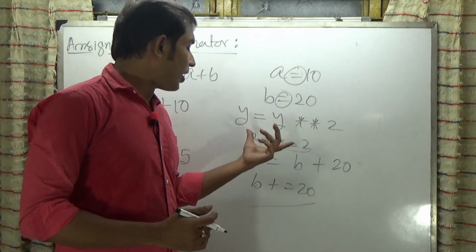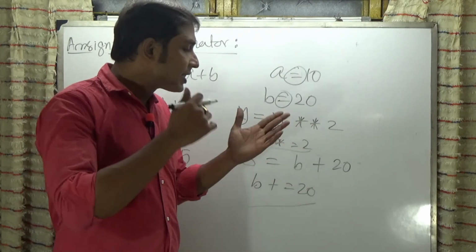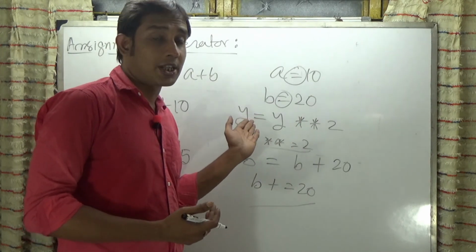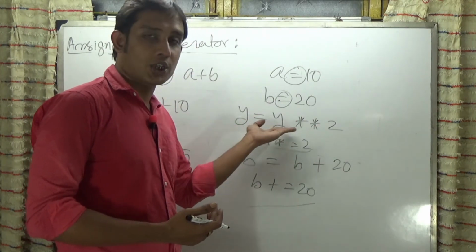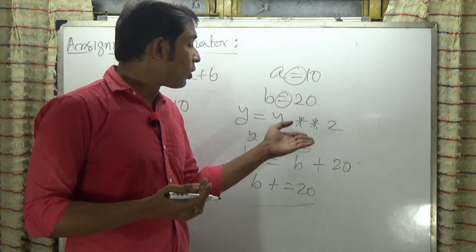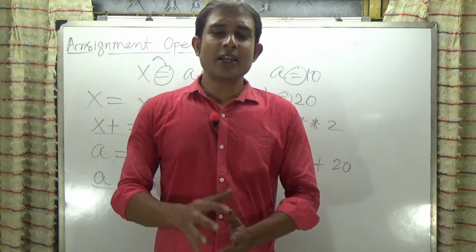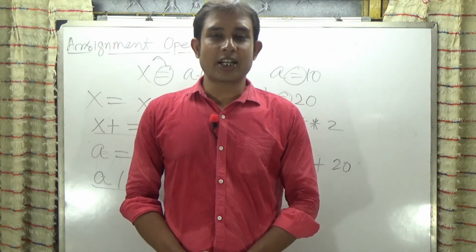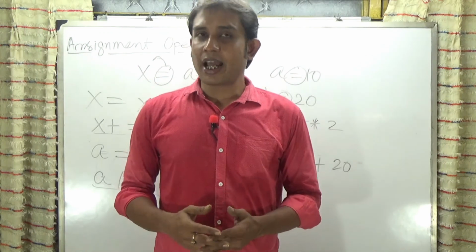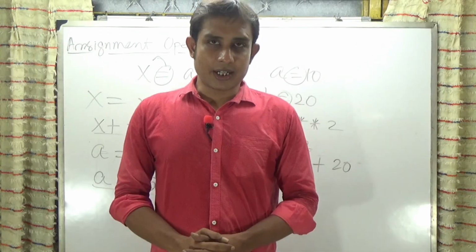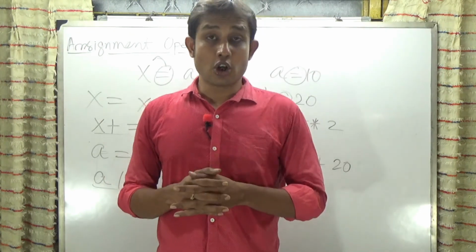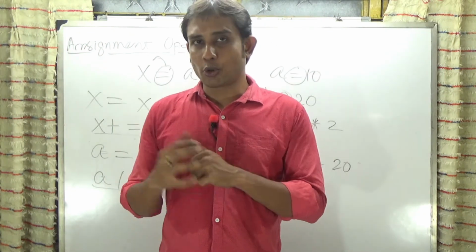If I write this augmented form, it is similar to the simple expression written in this portion, both are the same. So we can write it in this form and also in this form. Today in this video I explained two different types of operators in the Python programming language: one is the arithmetic operator and the other is the assignment operator. In the next video I am going to explain the other types of operators available in Python.